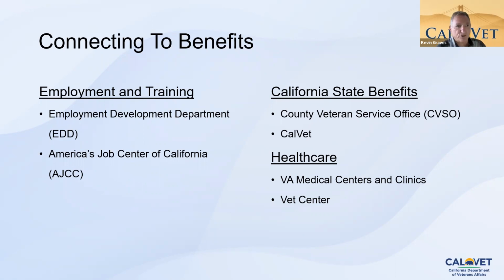With regards to state benefits, of course, you're going to hear extensively from our county veteran service officer in your area, but we rely heavily on our CVSOs and we work closely together with them because they are our boots on the ground. They're the ones that certify eligibility. They're the ones that will help you file your claims. They're the ones that have all the knowledge. They studied the 3-inch thick books or whatever they are these days. And so they know what they need to do. They do it 24/7 and they're there to serve you and they do a great job. We rely extremely heavily upon them, even to qualify and certify eligibility on California benefits. We don't do it. They do it for us. So they're instrumental in us being successful.